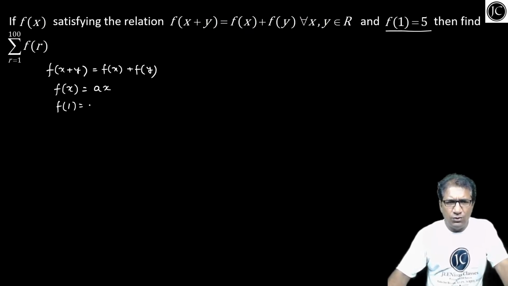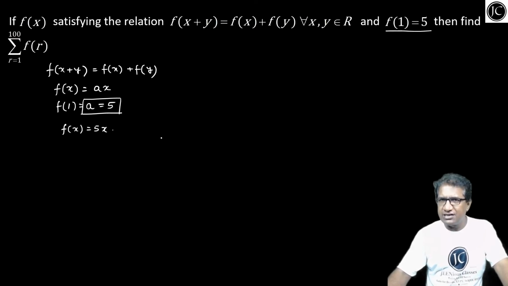fx is coming to a only. And this is equals to 5. Therefore, we got that a is nothing but 5. Therefore, our fx becomes 5x, right? Now we have to find out this sigma, r starts from 1 to 100, f of r, that is, so that gives us